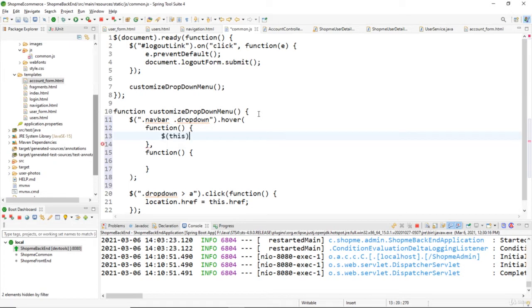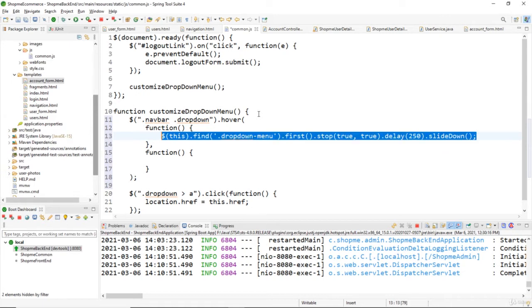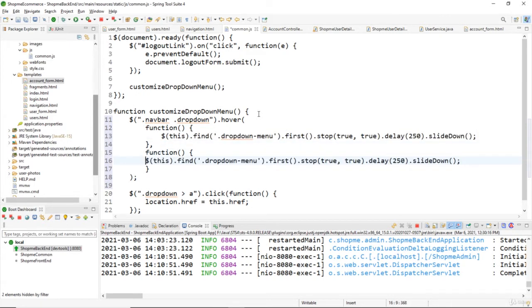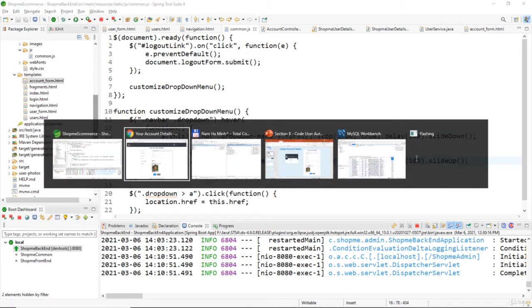So for this file dot drop-down-menu, the first element, we call stop, then set the delay of 250 milliseconds and slide down. And when the mouse is moved away from the drop-down link, we slide up to close the drop-down menu, and the delay time is 100 milliseconds. Okay, and refresh